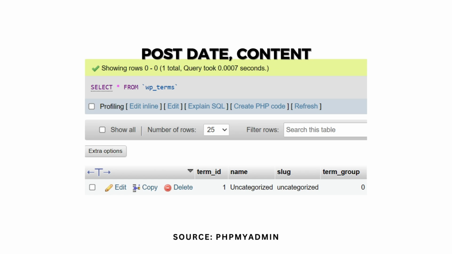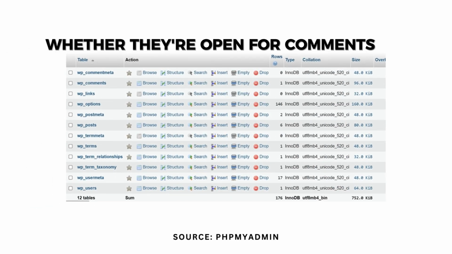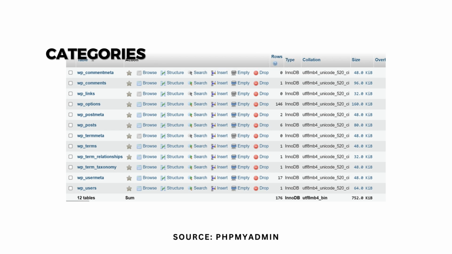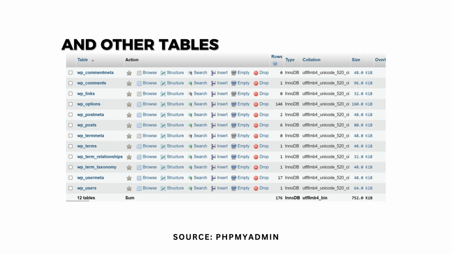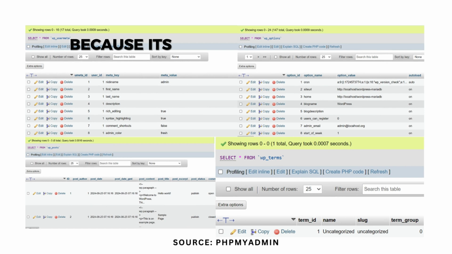author, post date, content, the title, excerpts, the status of the post, whether they are open for comments or not, and so on. The WP terms table will contain information and categories available within WordPress, and other tables will contain some other information. WordPress installs quickly as well as works on MariaDB and MySQL alike because its database structure is